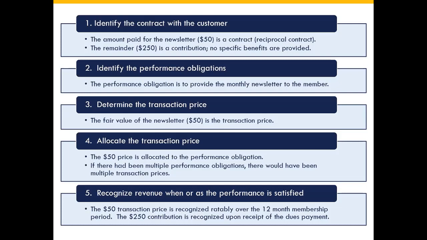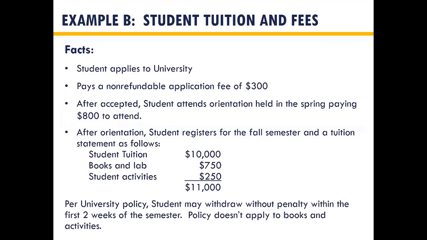And in this example, the nonprofit has an obligation to provide that monthly membership newsletter throughout the membership period, which is 12 months. So that $50 would be recognized ratably over that 12-month period. And then the $250 contribution would be recognized upon receipt. The next example, a little bit more